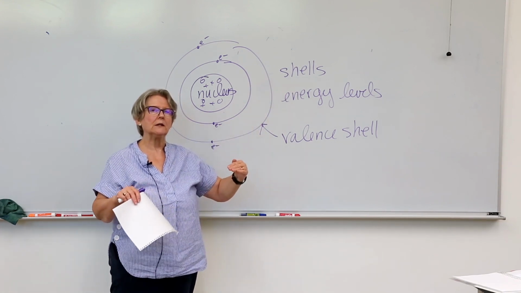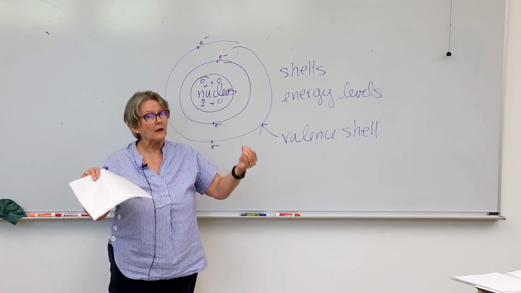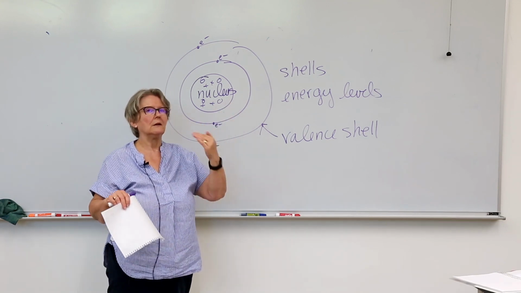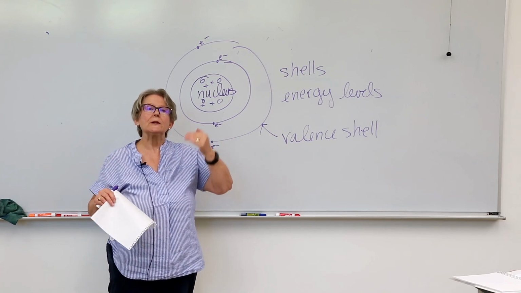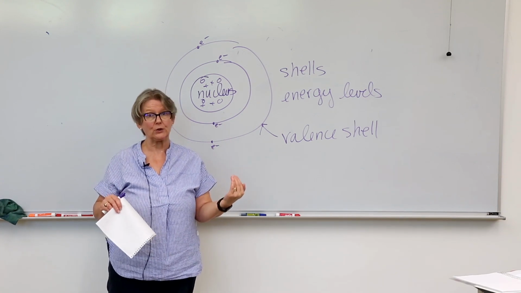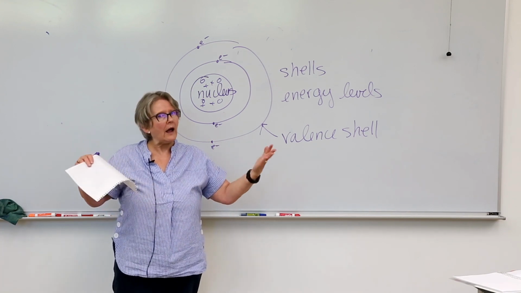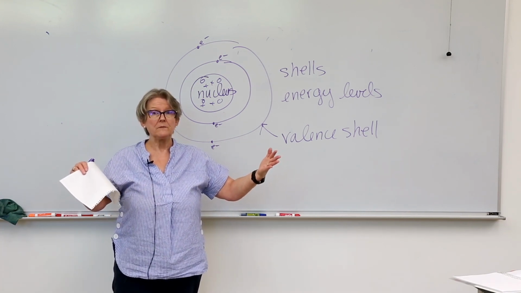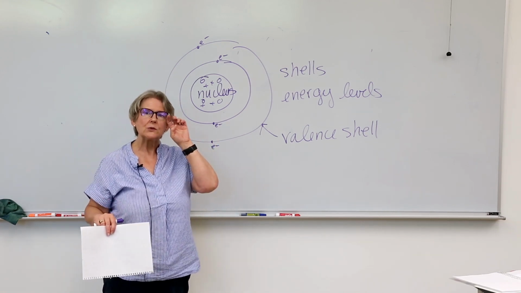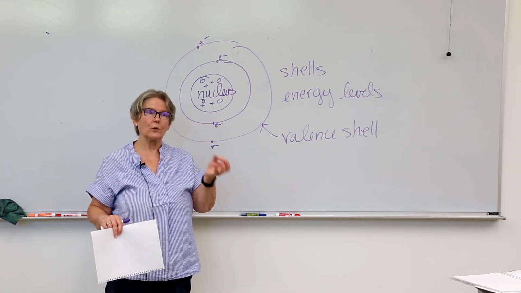So the electrons don't like each other, right? They're all negatively charged. Negatives don't like negatives, but they like positives. So the electrons are trying, as much as an electron can try, to be as close to the nucleus as possible, while at the same time staying as far away from all the other electrons as possible. That means every once in a while they're going to run by each other, but as a general rule, they're going to be spread out. And there's going to be a stable configuration. So when we look at electron configuration, it's where are the electrons, how are they arranged around it, and there are certain configurations that are more stable than others.